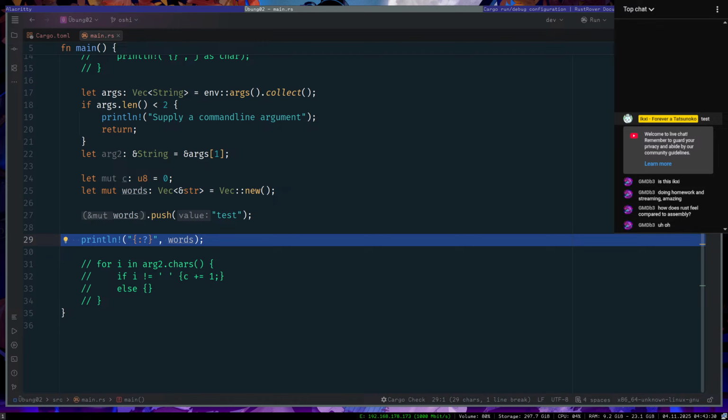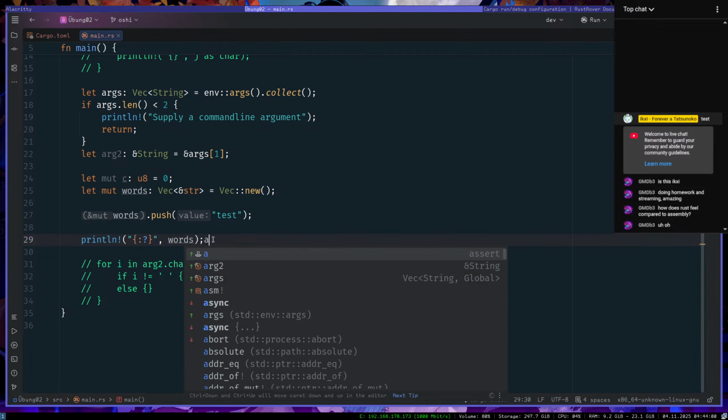Wait, what the, God. Okay, I just looked at how to concatenate strings and there's a lot. I don't like the complexity of it.